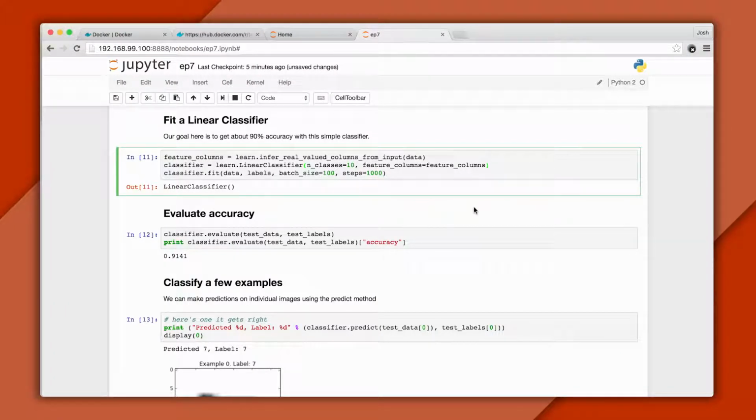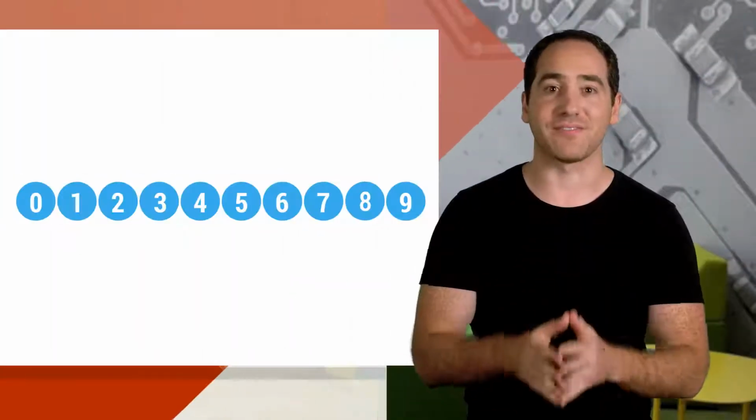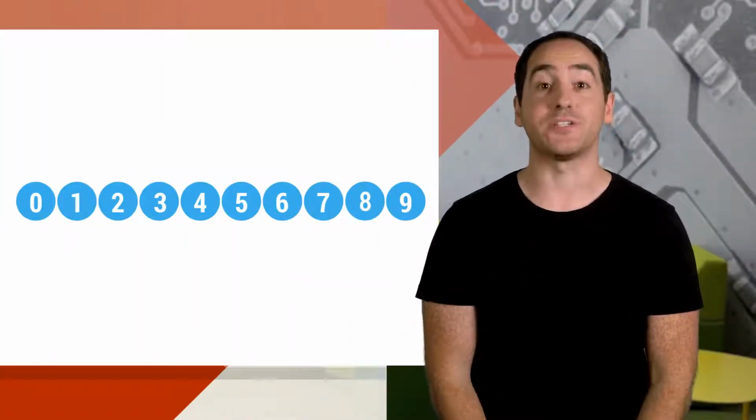We'll provide two parameters. The first indicates how many classes we have, and there are 10, one for each type of digit. The second informs the classifier about the features we'll use. Now I'll draw a quick diagram of a linear classifier to give you a high-level preview of how it works under the hood. You can think of the classifier as adding up the evidence that the image is each type